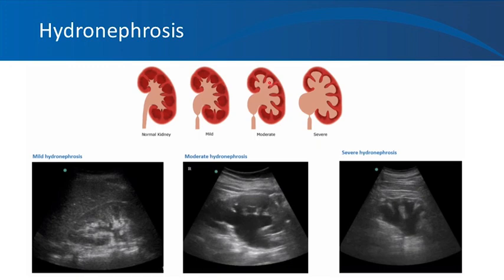And once they become convex, they push the renal parenchyma backwards, and now you start to lose the architecture of the medullary pyramids. And as it becomes more severe, and you see more and more dilatation of the renal pelvis, the cortex becomes thin, and you may or may not actually see any pyramids. And this is an example of mild hydronephrosis on renal ultrasound. Here you see anechoic structure that is dilated renal pelvis, but you are still able to see nice renal cortex